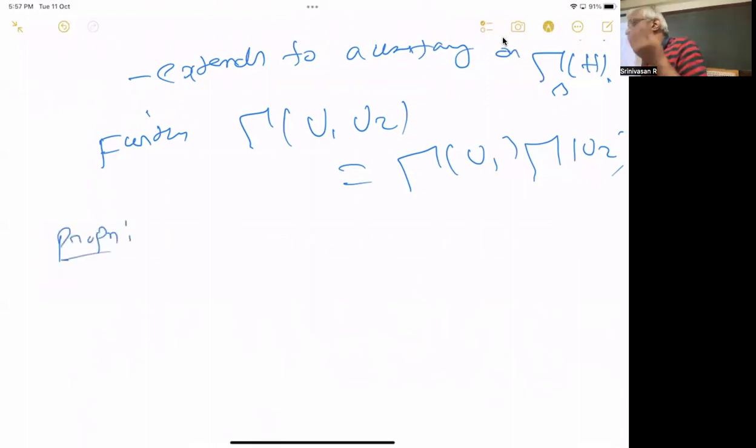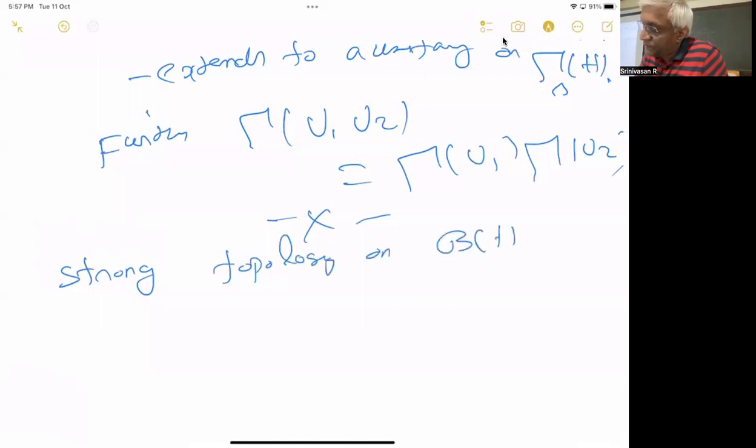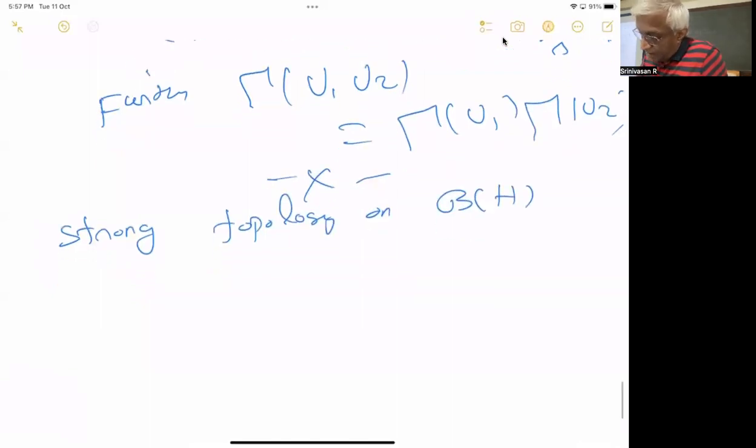See, there is something called the strong topology, which I haven't defined. Strong topology is something the following. On B of H, this is true for any B of H. A sequence of, the strong topology is not a metrizable topology. You need nets actually, but it doesn't matter. We will use only sequences for our purpose. Sequences will suffice. Okay, so if Tn